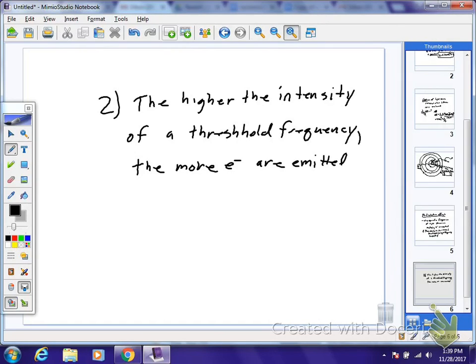So that means if you shine more intense light on the metal, then there's more electrons that are sent out. You can send out more and more electrons the more intense it gets. But you've got to have the threshold frequency. If you don't, it's not going to give off any electrons, and above it, the higher the intensity, the more electrons are given off. And the third thing is the greater the frequency above threshold frequency,